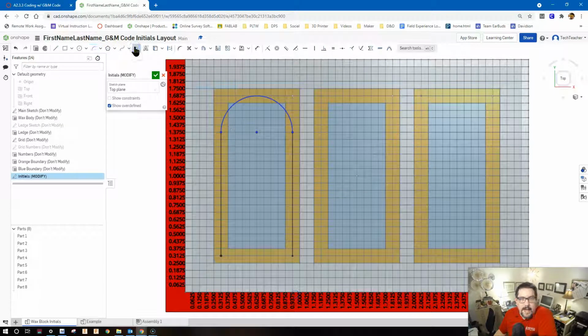I need to add another point, as I need to cross through my A, and I'm going to place that at the 1-inch mark. And again, this is up to you where you place these things. Your letters are obviously going to look different than mine. This is just an example of how I go through it. I click there, I click to the other side,